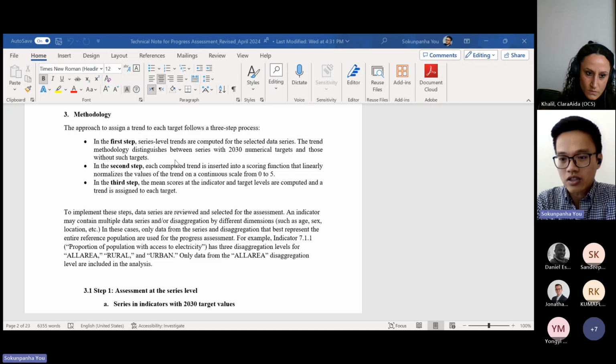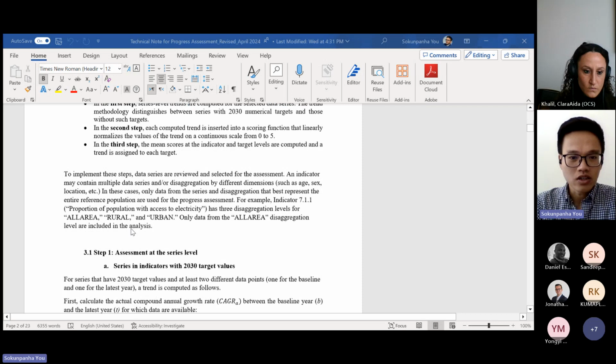The innovation here is to make sure that we have more distinction between data series that may have a very wide array of values, but where previously we lumped them together into just basically 3 discrete values.